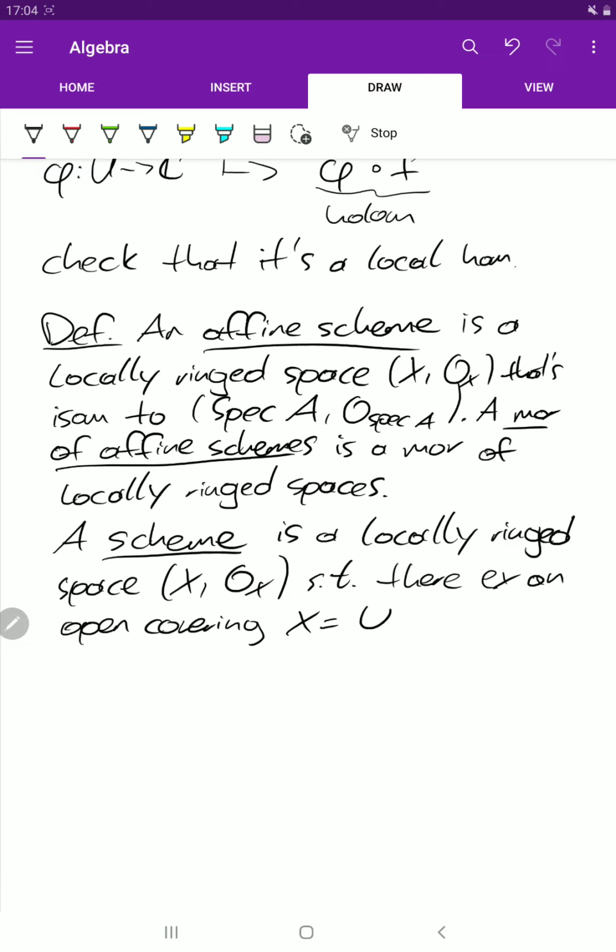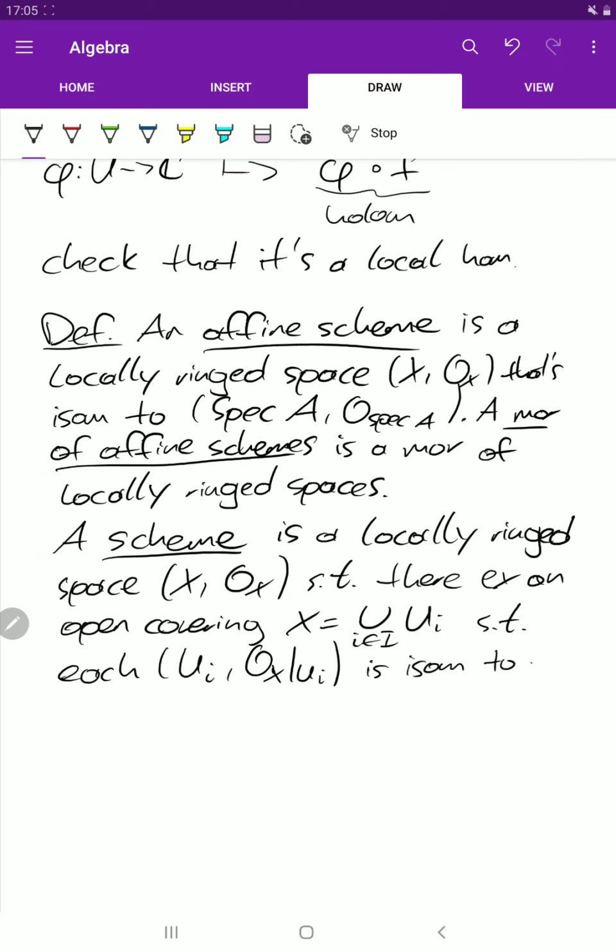So we have some U_i open that cover X, and each of these U_i is isomorphic to an affine scheme. So we have O_X, we can restrict the sheaf to U_i, and this should be isomorphic to an affine scheme.